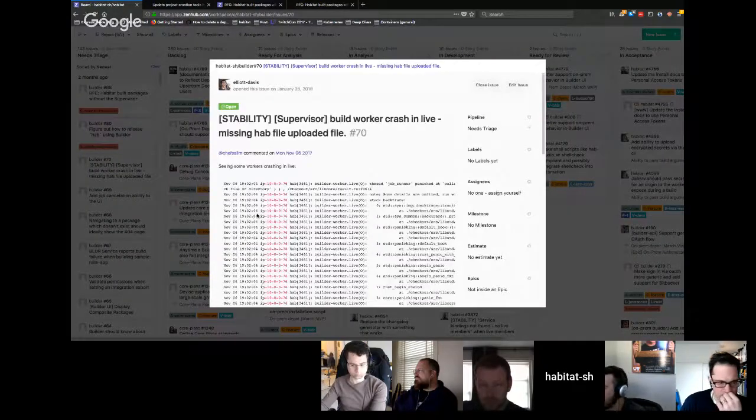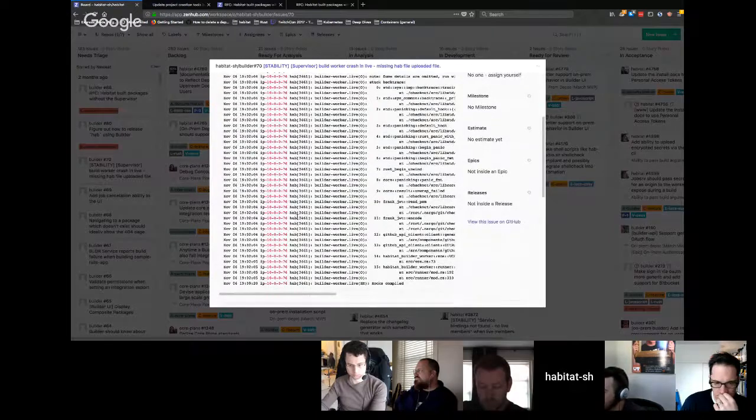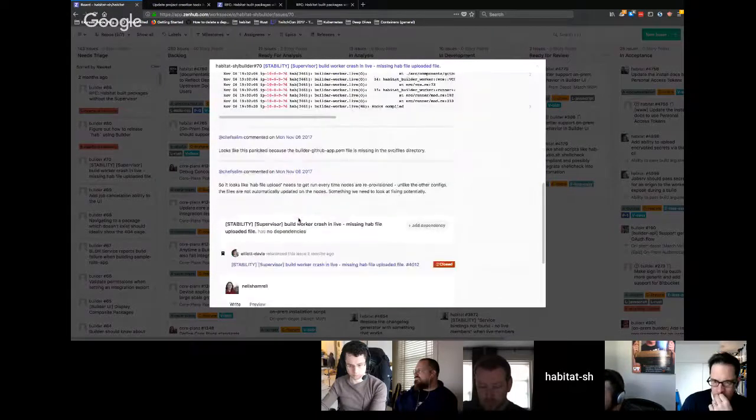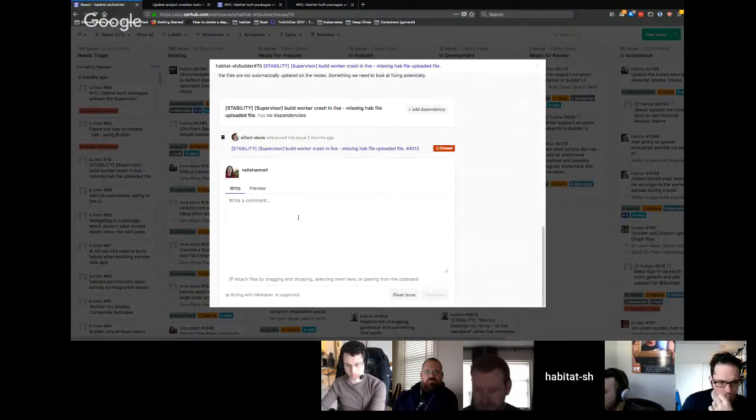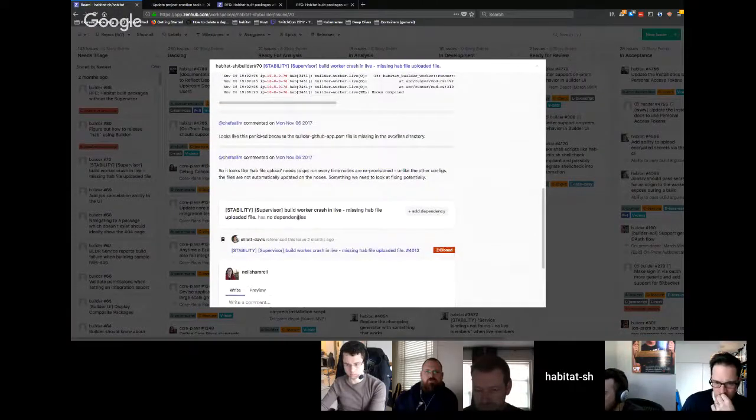Stability. Builder worker crash in live. Missing GitHub file, uploaded file. Okay, sounds like a bug to me. Yeah, I've seen this in the dev environment too. If it doesn't have keys, we're unwrapping instead of handling it.